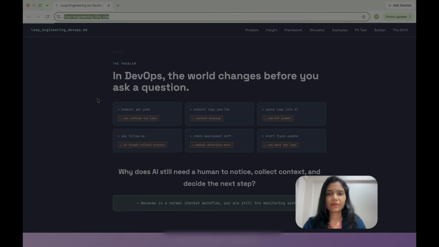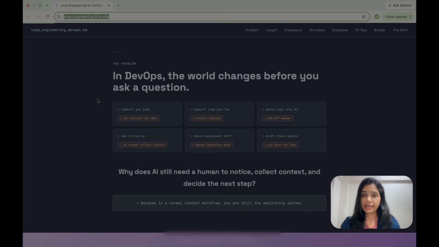So instead of waiting for a human to type a command, the AI controller constantly observes a system environment. It evaluates its state and executes actions automatically. Let's look at the actual architecture layout I have put together to see how this works and how the workflow completely changes. Now on my screen you must be seeing, just as an example, DevOps, where a Kubernetes environment has been taken into consideration.